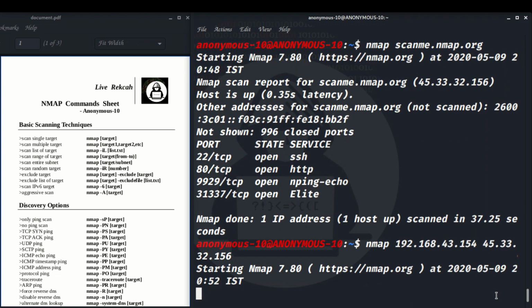Starting Nmap 7.80, it's running. Just wait for it. And I told you already, I have given a link in the description through which you can download this document.